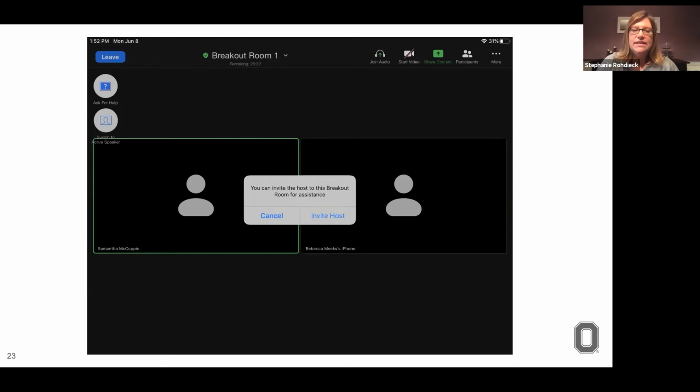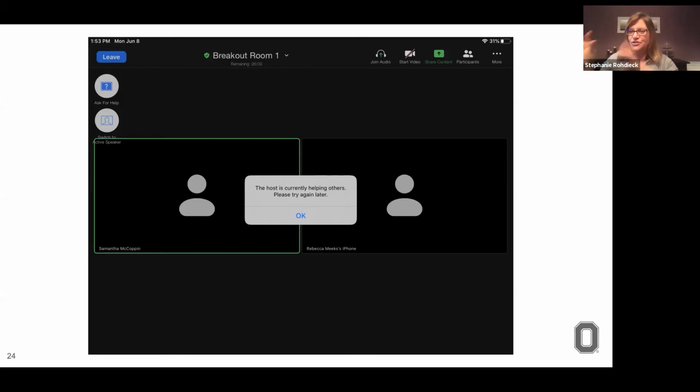You will also see that when you're a student in the room, you can invite the host for help. And that's this little ask for help button. Once you push that button, they'll get a notice, kind of a secondary step, right? Before something goes out to you, it will say that you can invite the host to the breakout room, and do you want to do that? And when they click invite host, if I happen to be in another room because I'm popping in and out, it will give them a message saying that I'm currently not available, so keep trying, right? So I, as the host, won't see that another group has asked for me the whole time, right?